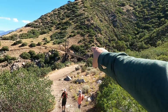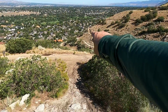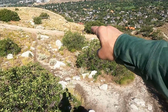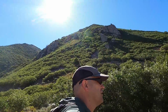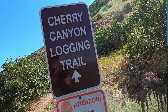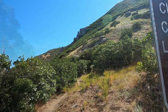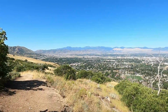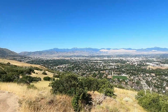So here's your bridge. There's the loop trail heading down, switching back down to the Bonneville Shoreline Trail. And this is the upper part of the loop right along in here, and we're going to be going that way. That's also another way to get to Lone Peak. Go to the Sundial Peak, and it kind of goes out and around and up the backside, and it's really not a whole lot further. It looks like it's going to take you forever, but it really...